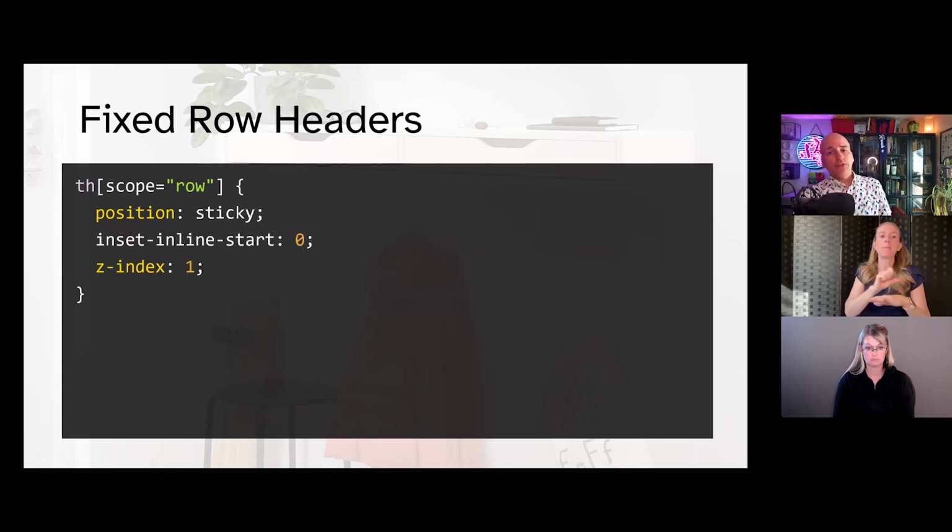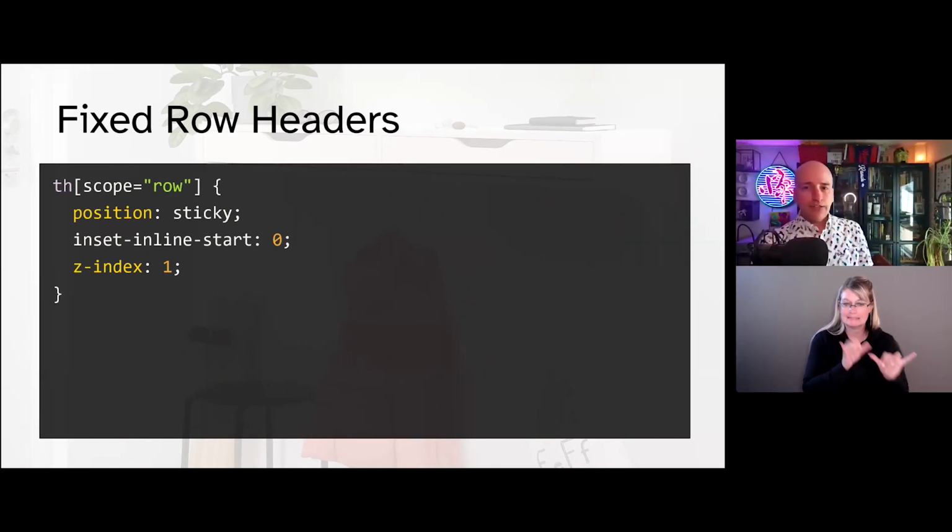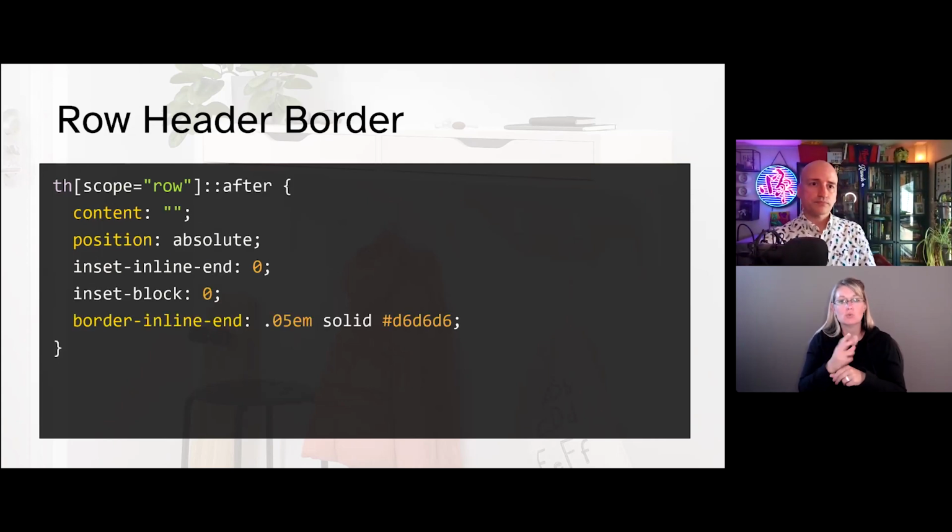Position sticky on this ensures that the cell stays put instead of scrolling out of the viewport. Left 0 makes it anchored to the left side, but that's only useful for left-to-right languages. Instead, I use the logical property inset-inline-start. That way, however the user is coming in, whatever language, the table should just adapt. Z-index 1 sets it above the content of the table. If you are already using z-index, you might need to just choose a different value, one that won't conflict.